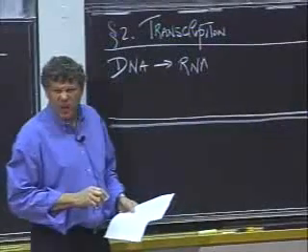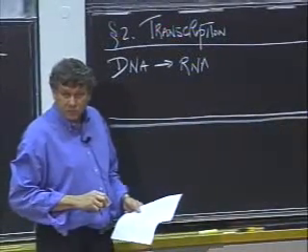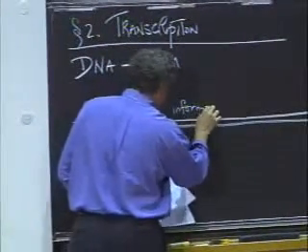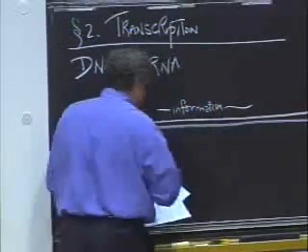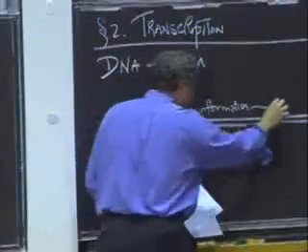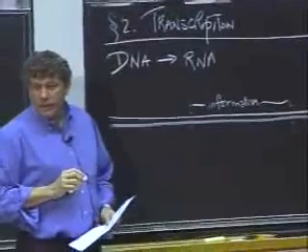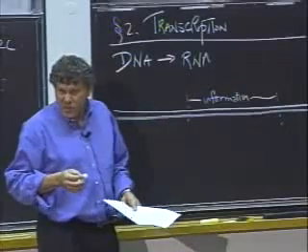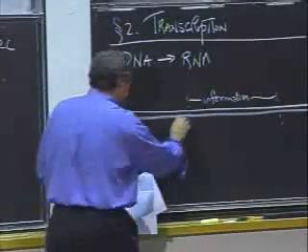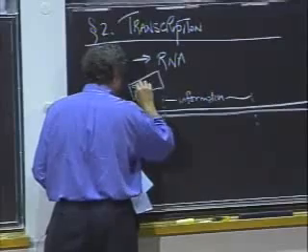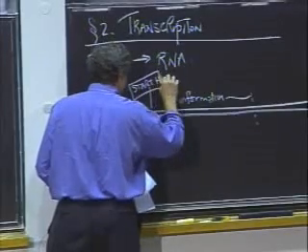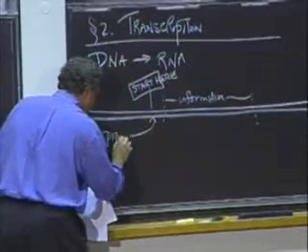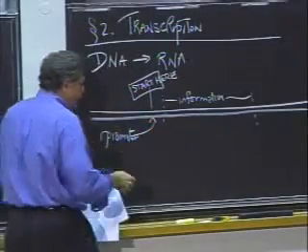Where do we start? Somewhere in here there's some information. We want to make a copy of that information. How do we know where to start? Well, there's some information that says start here, right? There's a little sign that says start here. Such a thing is called a promoter. And the promoter,